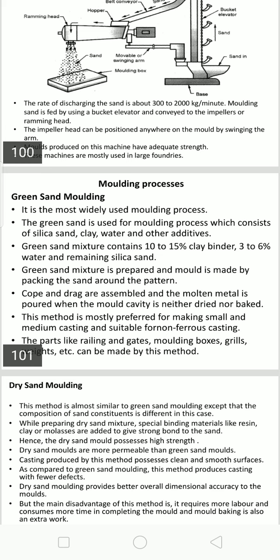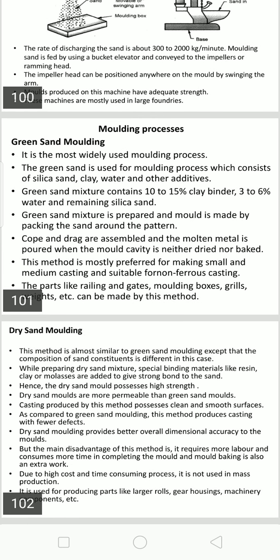The mixture is prepared and the mold is made by packing the sand around the pattern. Cope and drag are assembled and molten metal is poured when the mold cavity is neither dried nor naked. This method is mostly preferred for making small and medium castings and is suitable for